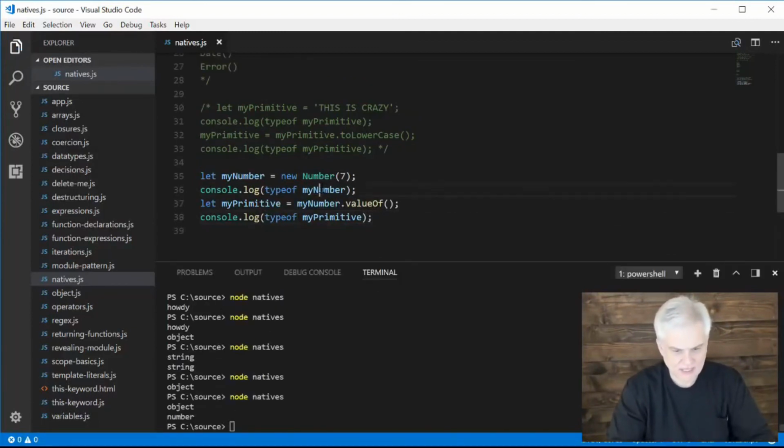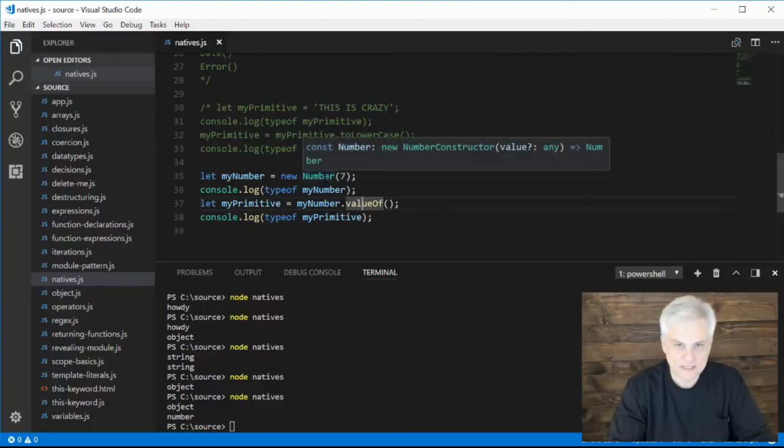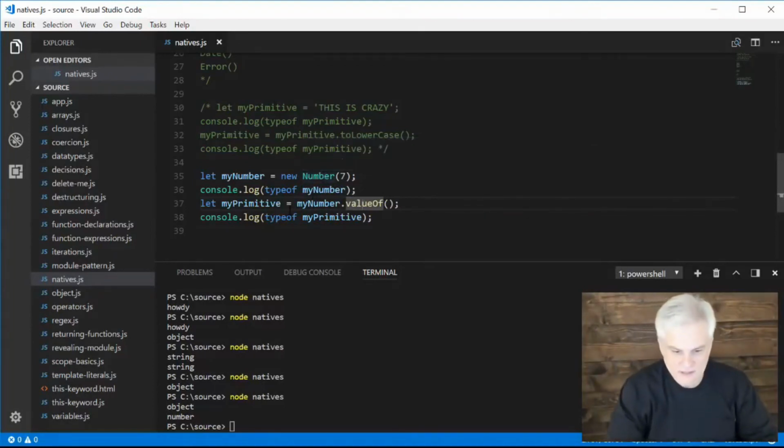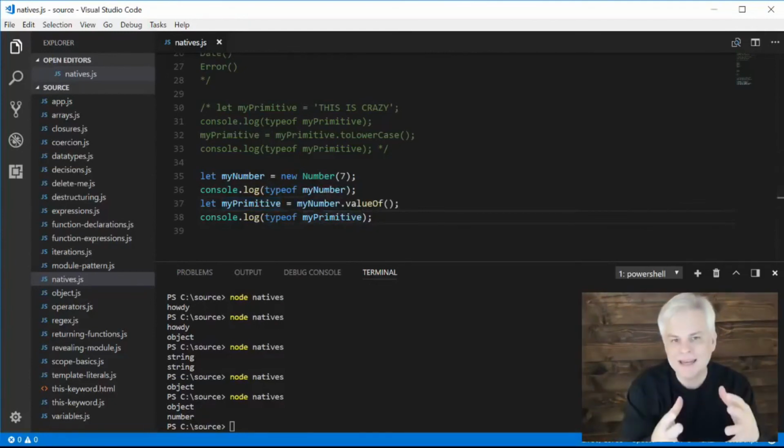And so here in line number 36, we're going to get that it's an object, but we use valueOf to retrieve the actual value of our built-in native object into a regular number. And we print that out in line number 38. Okay. So to recap, the point of this lesson is to explain what these functions are that have the same name as our primitive types, but with an uppercase